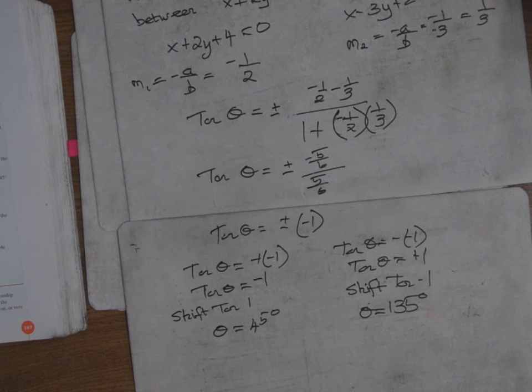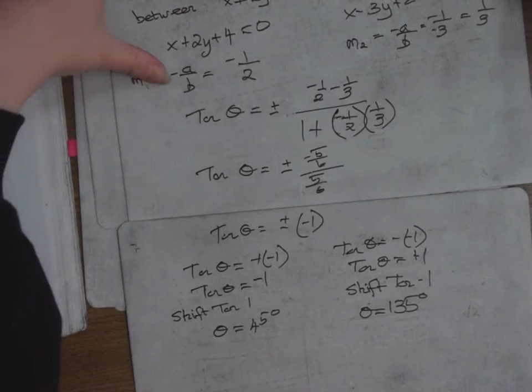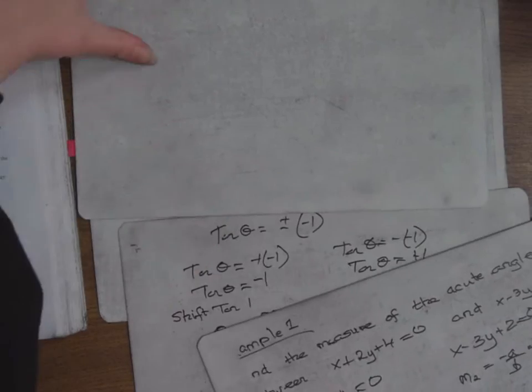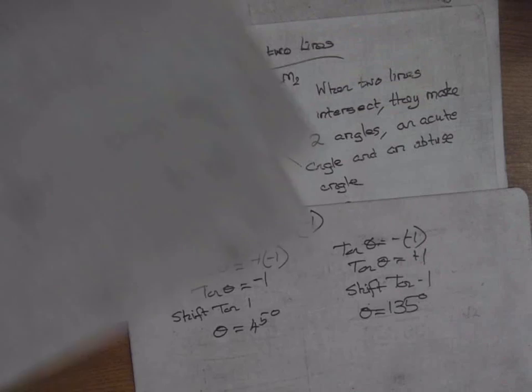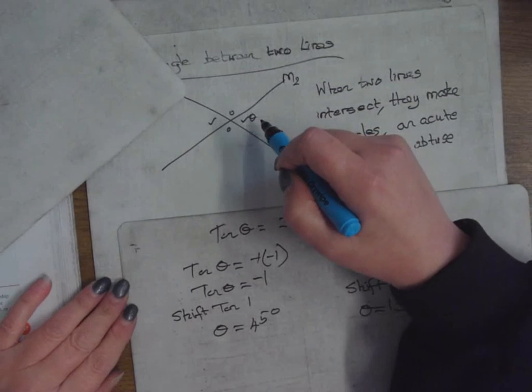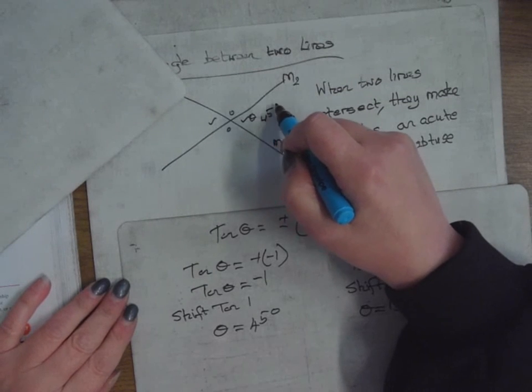When you put shift tan minus 1, are you supposed to get 135? No, you'll get minus 45, I believe. Which is messing around with trigonometry. So I'm saying just get the 45 and subtract it from 180 to get the 135. Because if you go back to my diagram, if you're getting the angle between two lines, if the acute one turns out to be 45, the obtuse